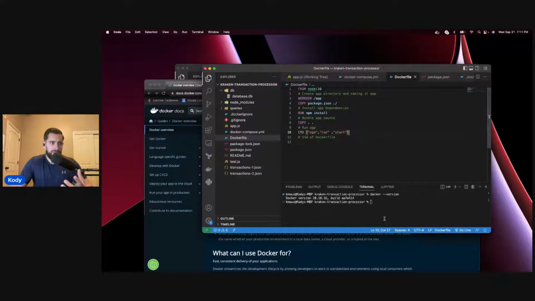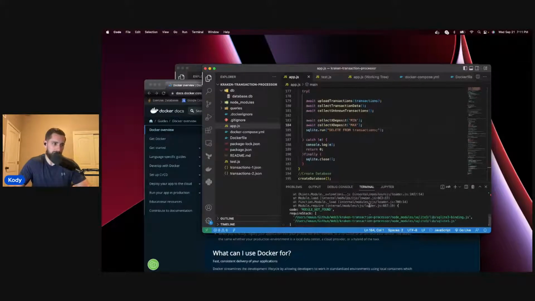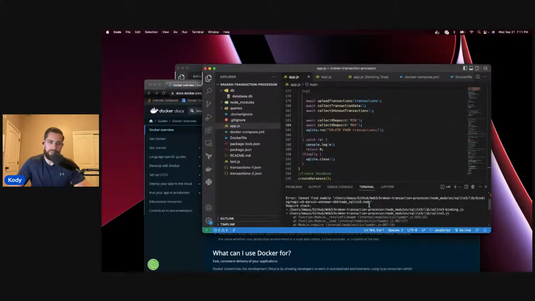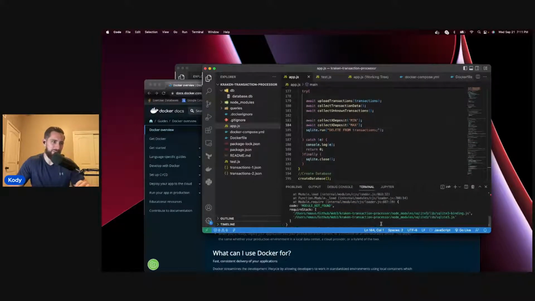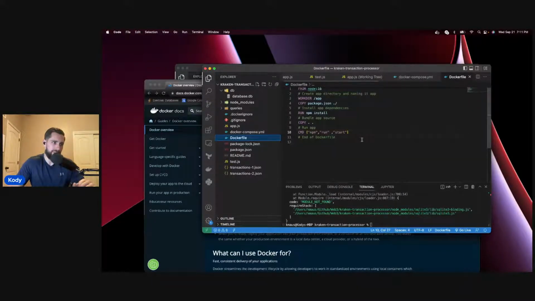So if I wanted to run this app.js file, I could run node app.js. And it's going to tell me a module is not found because I just updated my MacBook and everything's going to be broken. So that's cool. But in a perfect world, this would run correctly on my machine, right? However, if I were to run